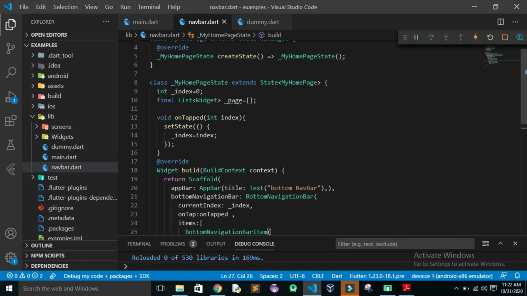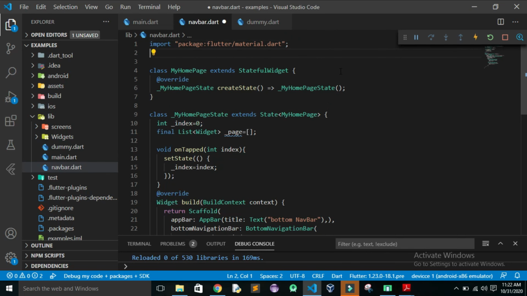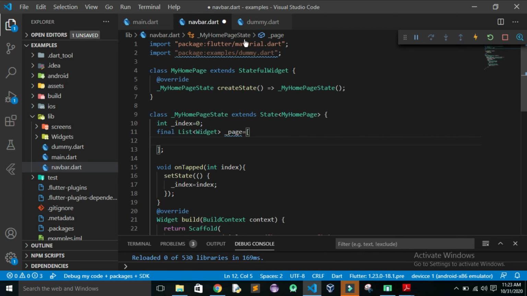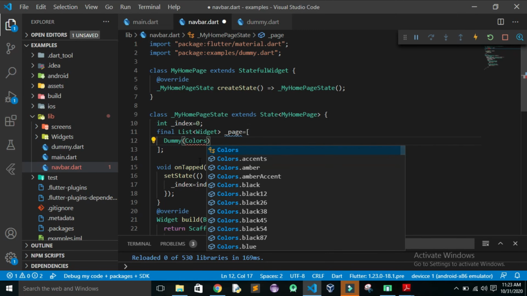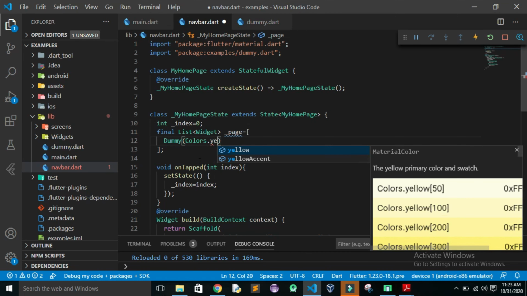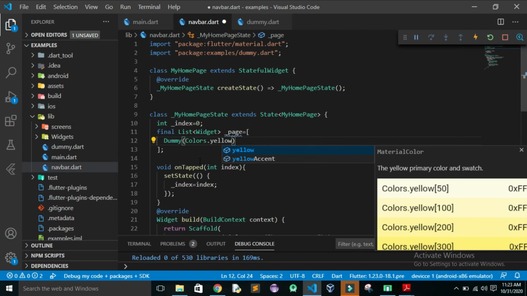And now in navbar I'll import my dummy.dart, and after importing, now we can use the dummy class or the dummy constructor in this.